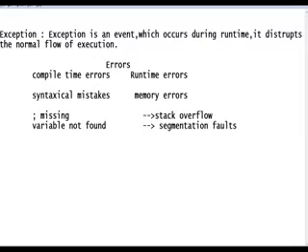Now, what is exception? You know, right? Compile time errors, we can rectify them. But whenever runtime errors occur, you have to handle them manually. You have to increase the memory size. Those kind of rectifications are required whenever memory errors occur. Now, when it comes to exception,